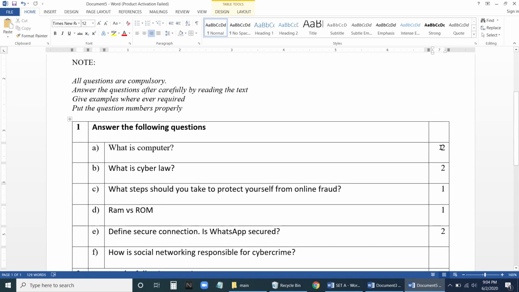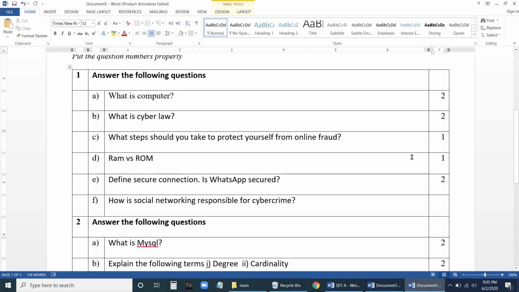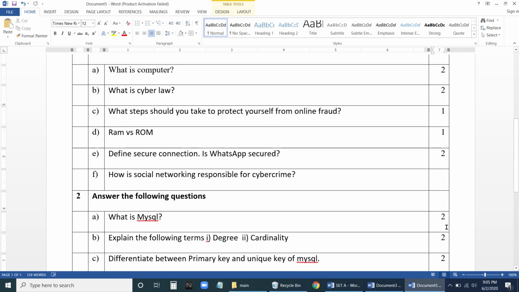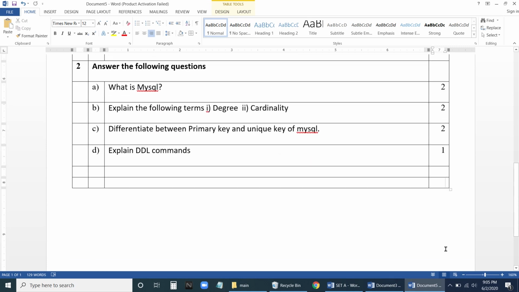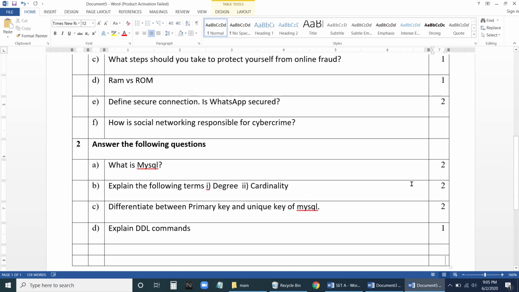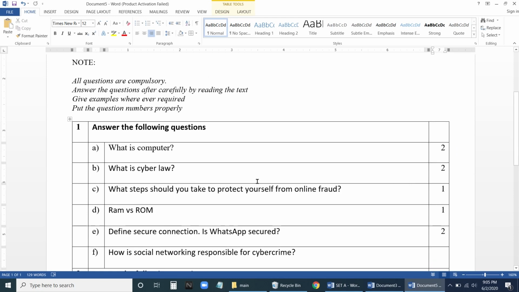Now how to get the total of this? That I will show you. One trick is there. Suppose we have 100 marks or 80 marks, sometimes we need to total all these things. It will be a very tedious process to count. Sometimes we'll forget, we don't know how much. So what we have to do is, to count it, click on this, see here.